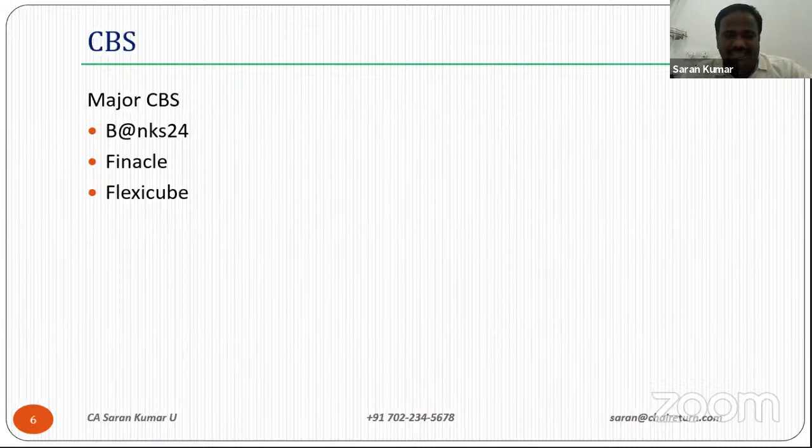The first thing is the reporting server. In Bancs 24, how it looks: they have an internal network. The internal network is like, in your office, when you click a server, there may be so many folders inside. In the same way, once they click the IP address, all the folders in zip format will appear. Then they go into their branch code. Even if they want to access another branch code, that is not accessible for them, because they can access only their own branch code. Once they click the branch code, again, n number of zip folders are there. Those are all the reports.